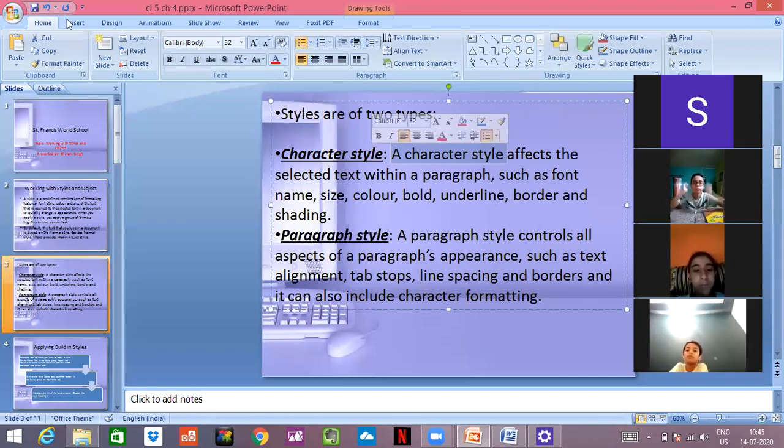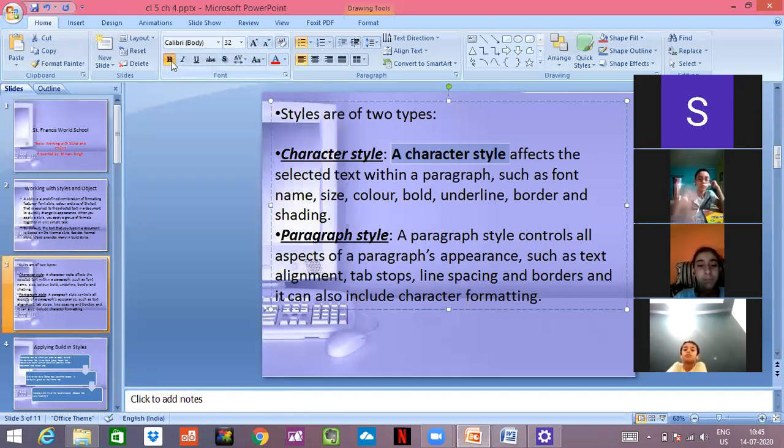So what I'll do, I'll click on, see, this bold option. This line has become bold. And if I don't want to make it bold, I'll change it. I can make it in italics also, or I can underline it. This is the way you can change the things in your writing format to make the things different.